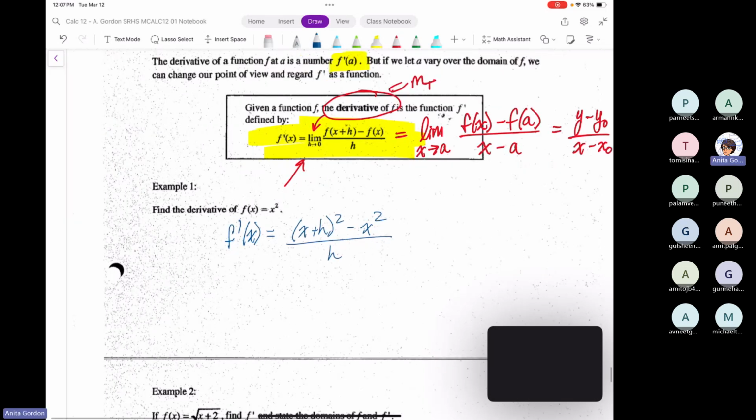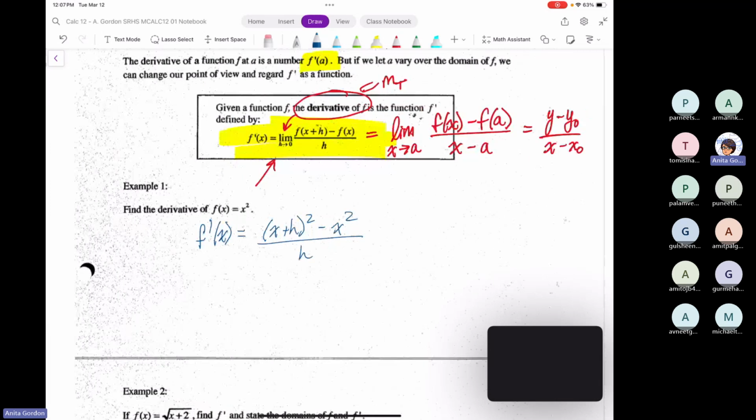Okay, so h is the distance between our point of interest x, which is a general point,